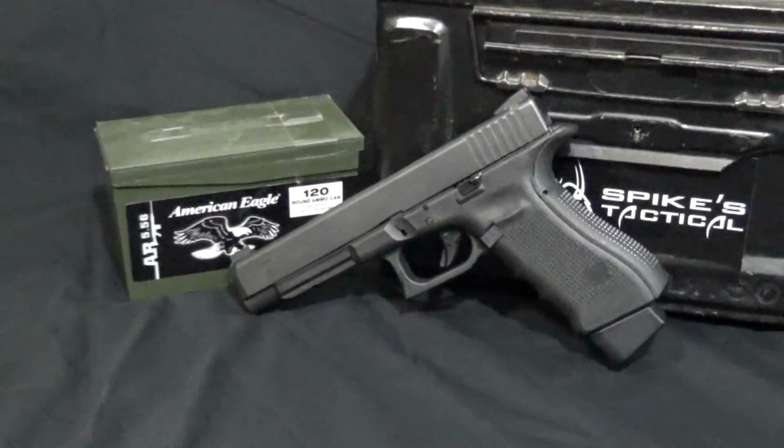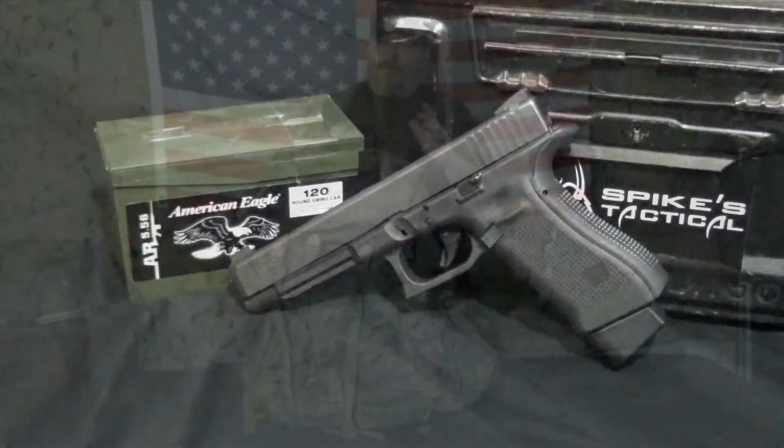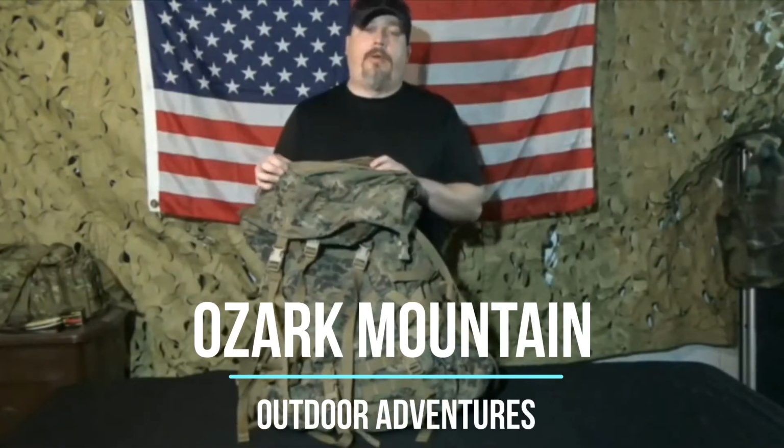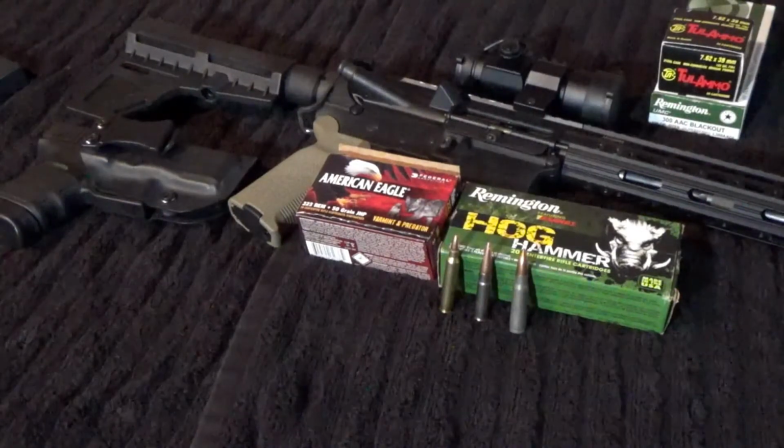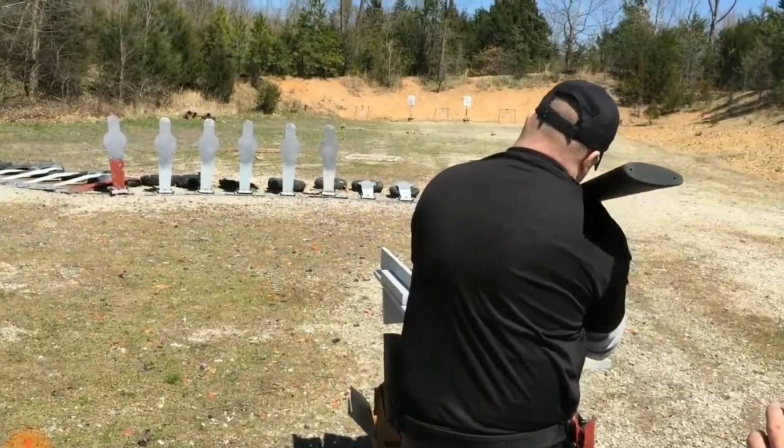This one is on proper pistol procedures. I'd like to do something on rifle and also shotgun. So let's get right into it. This is a little bit closer look at